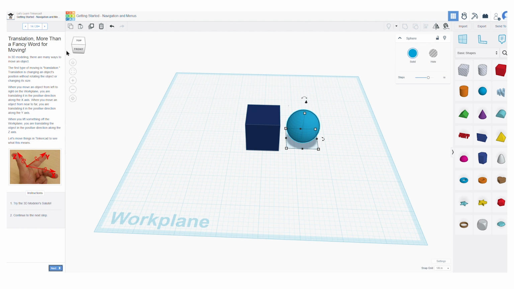In 3D modeling, there are many ways to move an object. The first type of moving is translation. Translation is changing an object's position without rotating the object or changing its size. When you move an object from left to right on the work plane, you are translating it in the positive